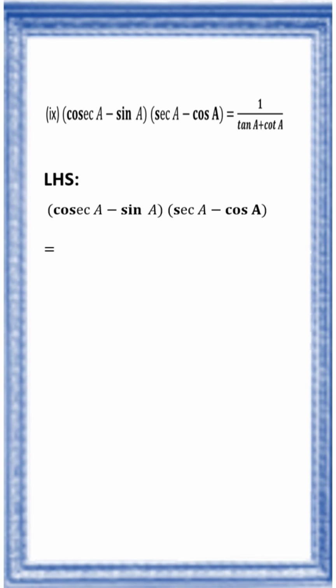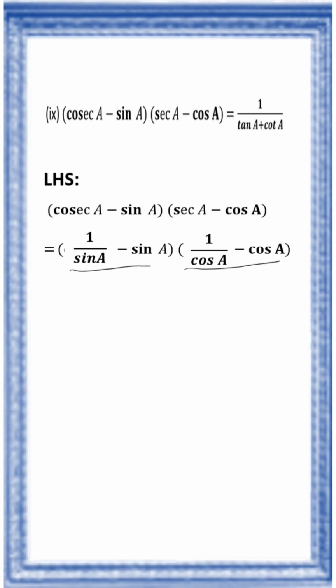Cosecant A is 1 by sin A. Sin A, let it be like that. Secant A is 1 by cos A. Here LCM is sin A. For this LCM is cos A. So that is equal to